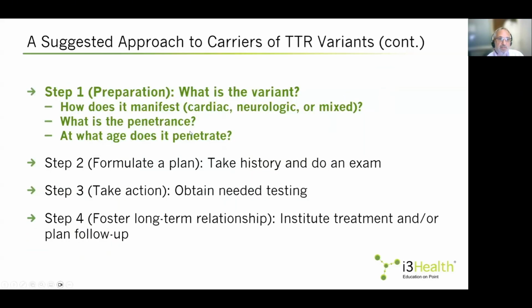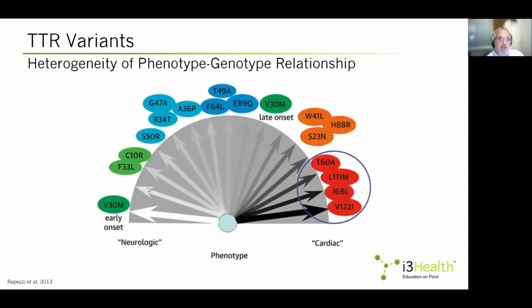So again, step one, what is the variant? How does it manifest? And what is the penetrance and at what age? This is a fan diagram created by my colleague, rest in peace, Claudio Rapezzi, and he described that Val30Met, early onset seen in Portugal, has a predominant neurological phenotype. Late onset has a mixed phenotype, and other variants, as you can see, have a wide spectrum, with the cardiac-related